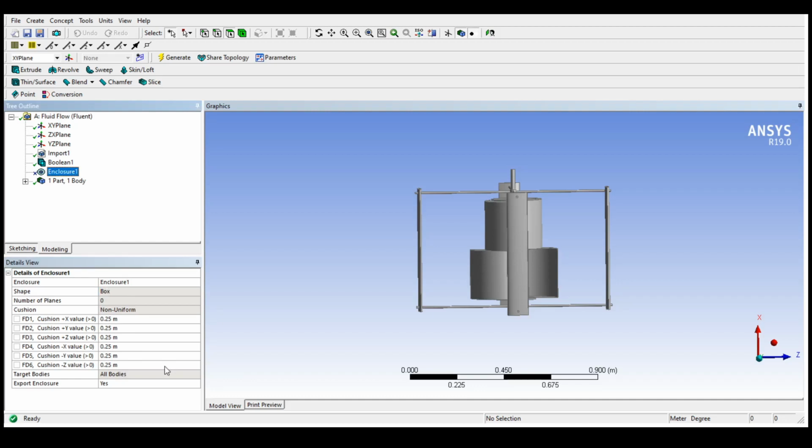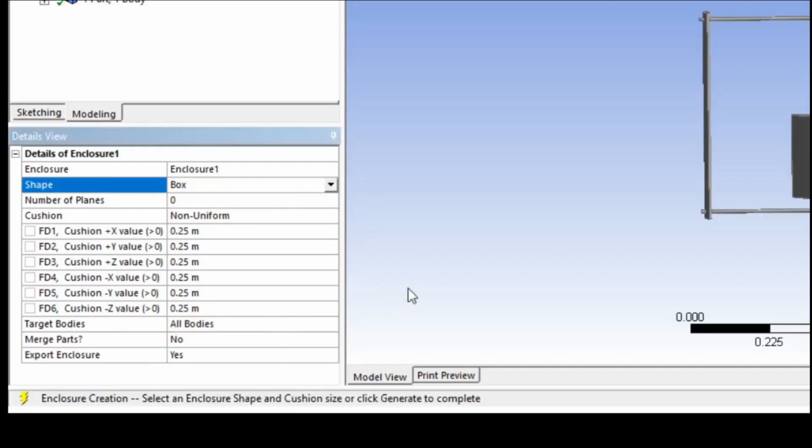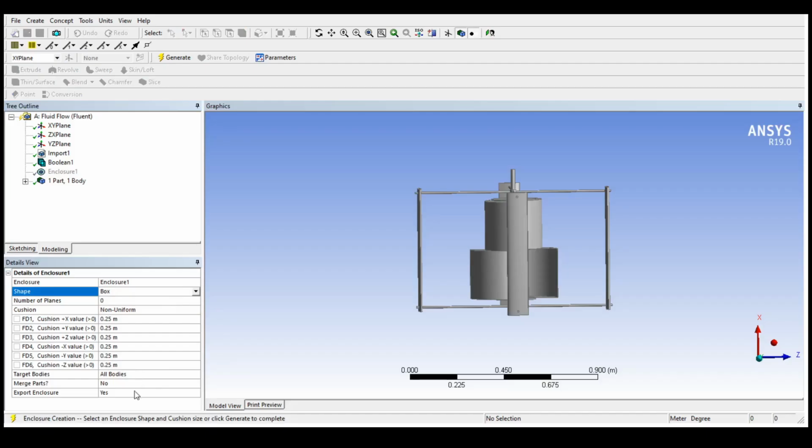And for our operation, I will be choosing a box-like structure. Okay, that is fine. And we need to specify the different degrees of freedom, different distances in different degrees of freedom. That is the distance in the x-axis. I am specifying it over 0.25 meter. Then the same will be given in all the axes for obtaining a cuboid-like structure.